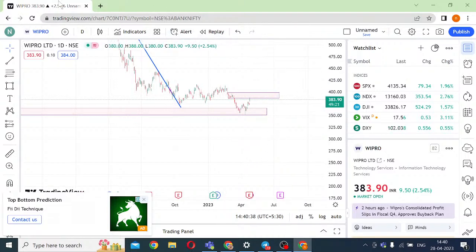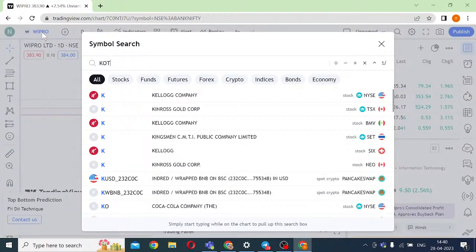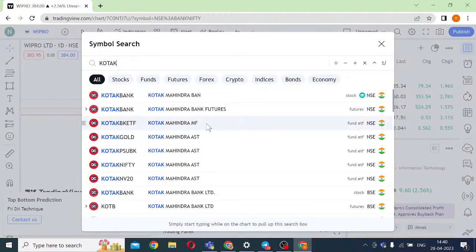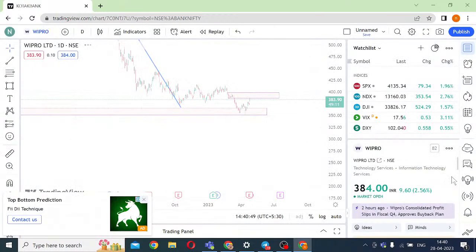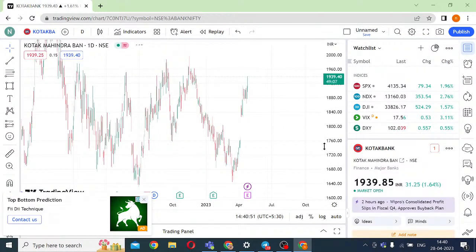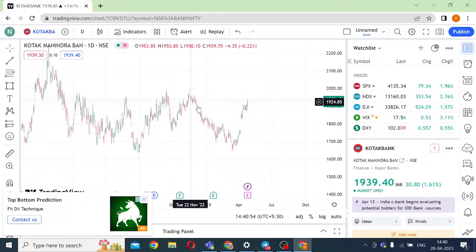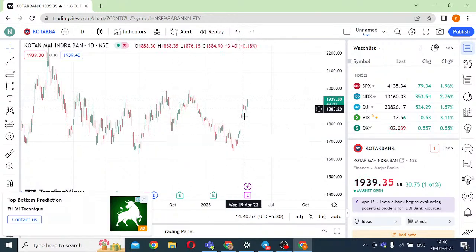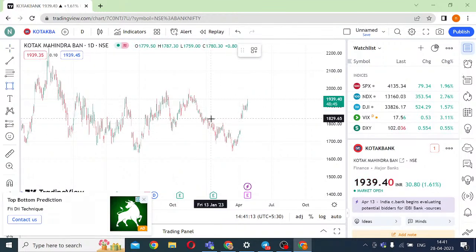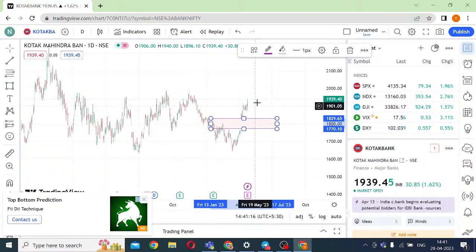Getting on to Kotak. Again, Kotak, we had clearly said this is consolidating around the resistances. Actually, if you see, this trend line breakout had happened. This gap up was due to that news where they announced there is an MSCI rebalancing which is going to happen, right? So this huge gap up here has actually distorted the chart. But for all practical purposes, now it looks like a runaway gap, right? So this will continue to hold.